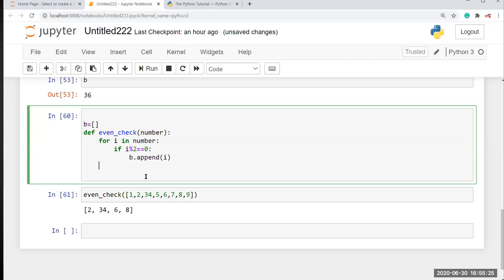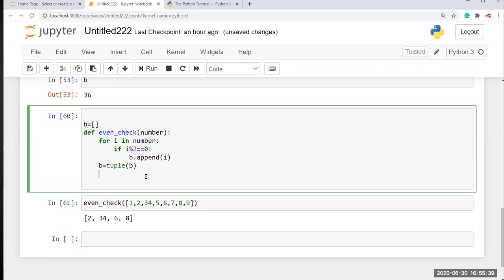Okay, it is very simple. I'm going to reassign this. So B equal to tuple of B. That's all. And after that, now you can return your